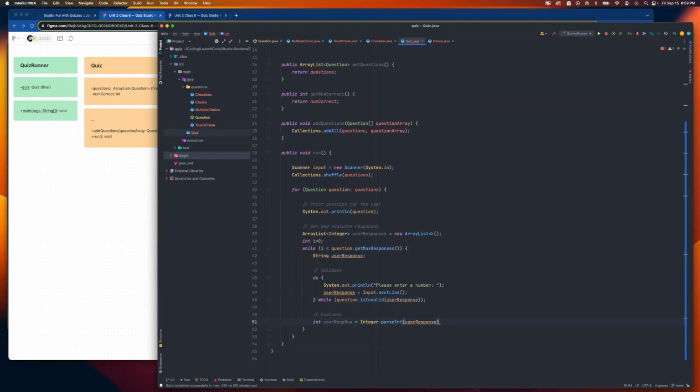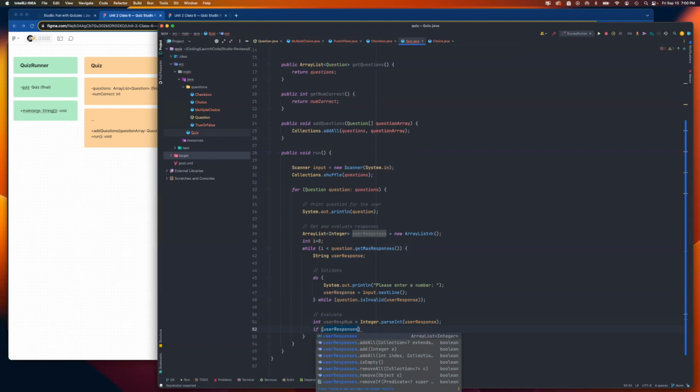And now I can work with it as a number, which is going to be useful for my hash map. Okay. So we'll say if the responses that we're collecting from the user, that's right here, this array list, if userResponses already contains the user response number,